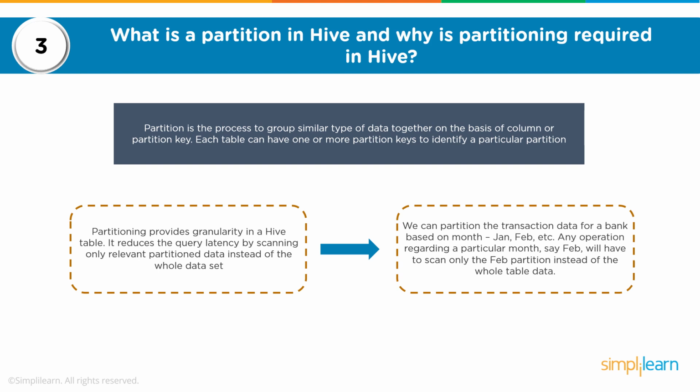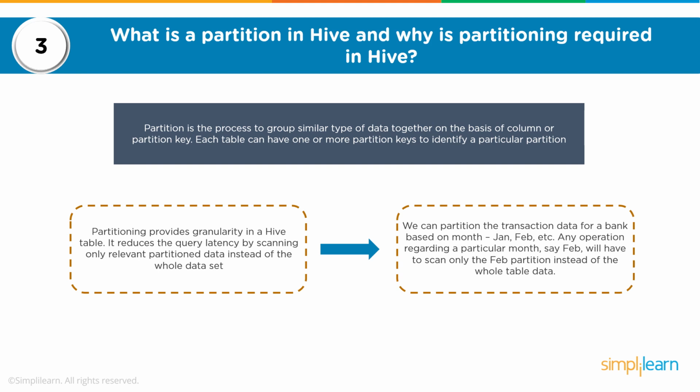And that is usually done on the basis of a column, or what we call a partitioning key. Now, each table usually has one column in the context of RDBMS which could be used to partition the data. And why do we do that? So that we can avoid scanning the complete table for a query and restrict the scan to a set of data or to a particular partition.